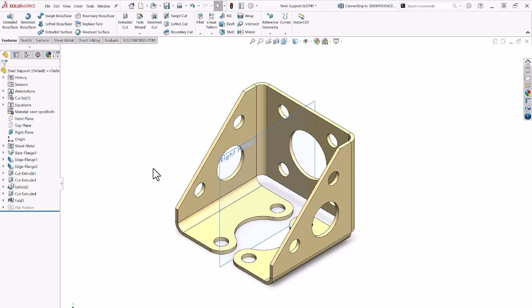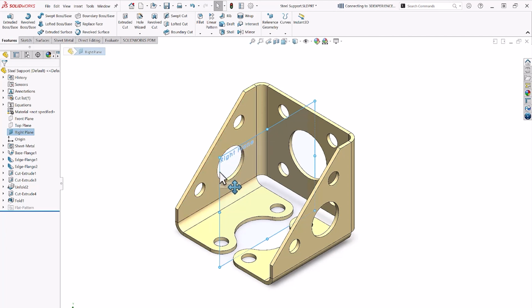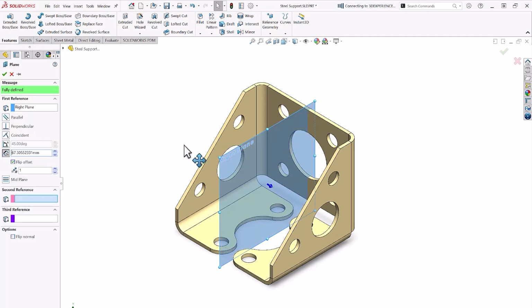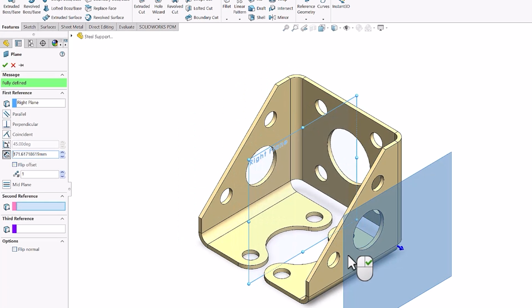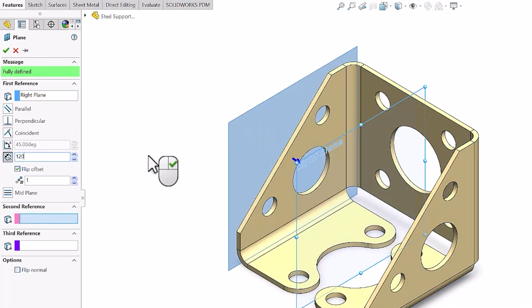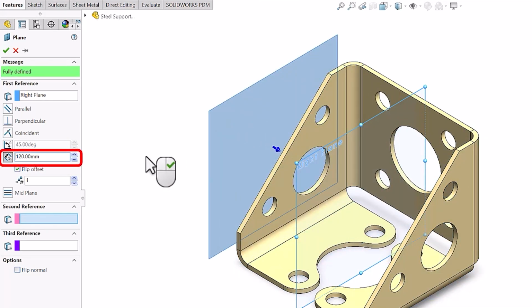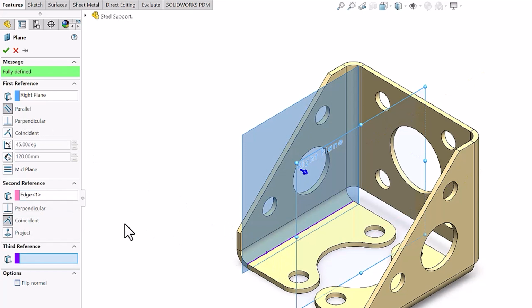When the colored border appears, place your cursor directly on top of the border and hold Control on your keyboard. While holding Control, click the outside border of the plane and drag it in either direction. By default, the distance constraint will be selected, and you can type in the desired distance if you want to create an offset plane. But just because the distance option is selected by default does not mean you're constrained to